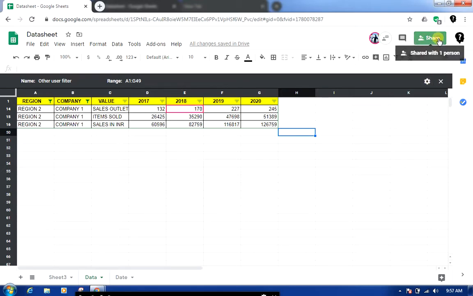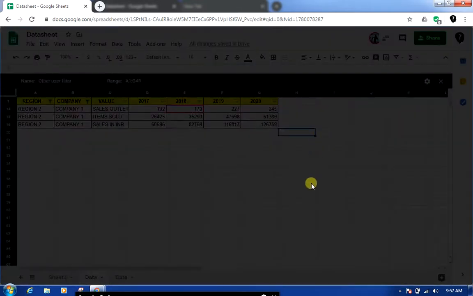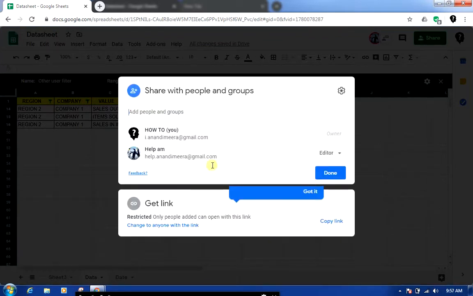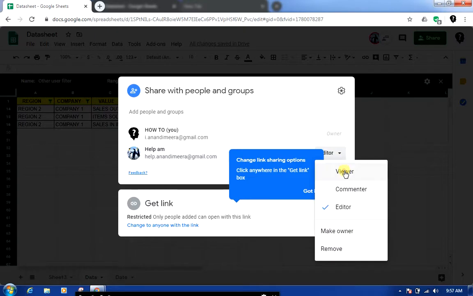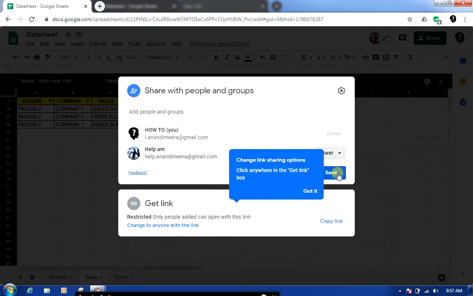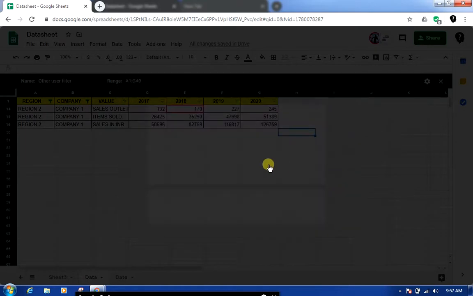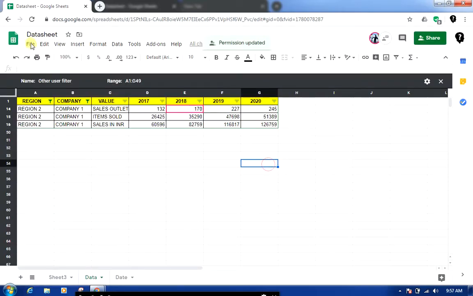Now at any point in time, say for example once the work is done and I want to revoke access, I can just click on the sharing button and revoke the access of the other users too. So for example, this is an editor, I will change this to viewer, and save. So the permission has been updated.